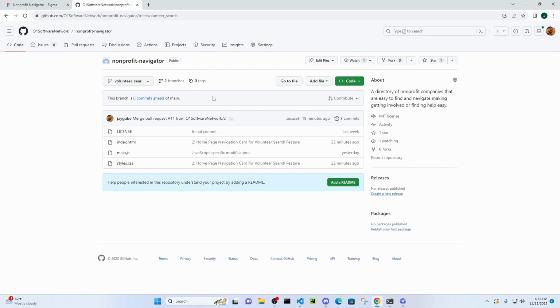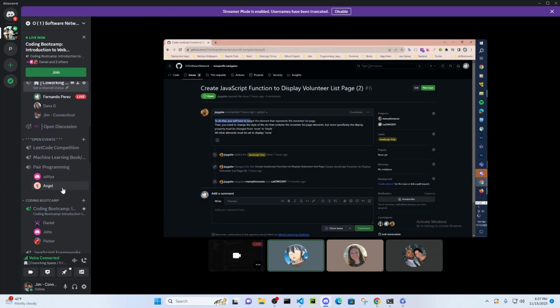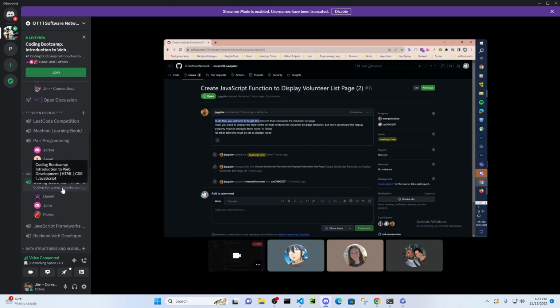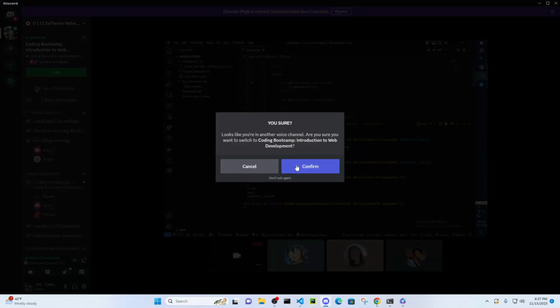So yeah, that's it so far. And we need to target the element that represents this page, which is the